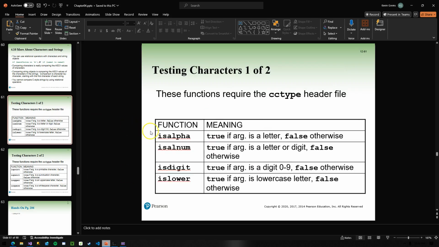We saw this already. This is a good little library of built-in C++ functions that you can use to validate user input. Things like isalpha returns true if it's a letter, false otherwise. isalnum is true if the input is a letter or digit, false otherwise. isdigit, that's a good one if you're testing for integer data. This will test if it's a lowercase letter. This is all